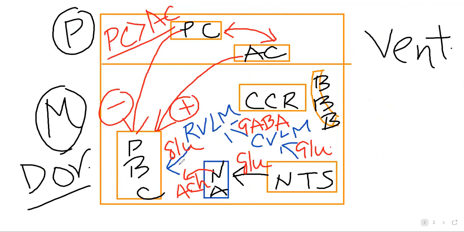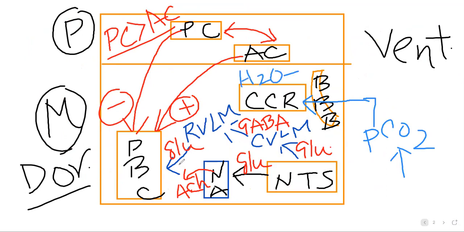So here you can say that when there is an increase in the PCO2 concentration, the PCO2 increment will lead to increased carbon dioxide presence, and as carbon dioxide is lipid soluble, it can easily pass through the blood-brain barrier. And in the brain interstitium, we have water. So this CO2 and water ultimately react with each other and will produce what? This is a reversible reaction, and it will produce hydrogen ion and the bicarbonate ion.